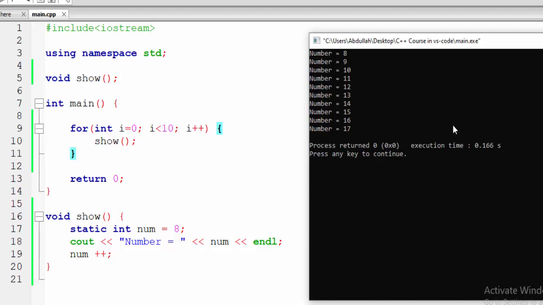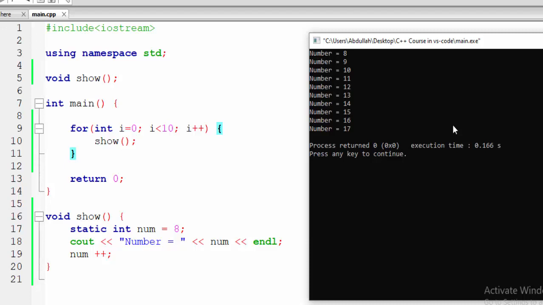Let me recap what we have learned in this video. We talked about local variables. Local variables can only be accessed in the block where they are declared. Global variables are declared outside of the functions and can be accessed throughout the program, so any function can access them.